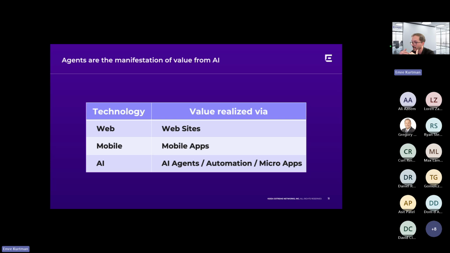Before we had mobile applications, the mobile technology didn't really provide the actual value that was realized after we started introducing mobile applications. Same with AI technology. We believe that agentic AI, automation, and micro applications will bring the real value when it comes to AI.